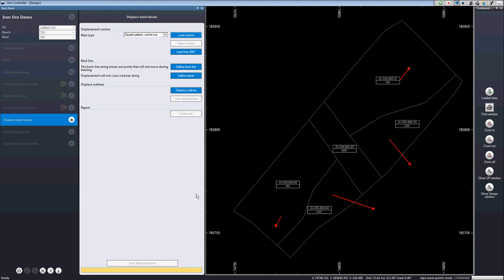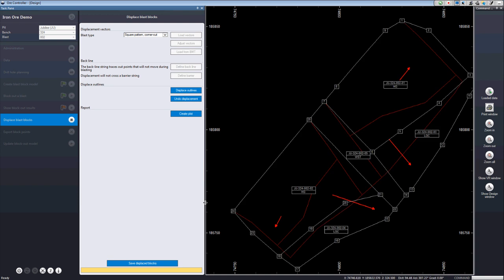The only steps that I need to do now is to indicate to the activity where is the back line for the blast, and in this case it's along here. And I can define a barrier which indicates that material shouldn't cross this barrier when it's being displaced, just for illustration. And with that information added, I just then can press the button to displace the outlines. And there the system has applied those vectors and calculated the displacement of each of the blocked out regions. It's also numbered the points uniquely